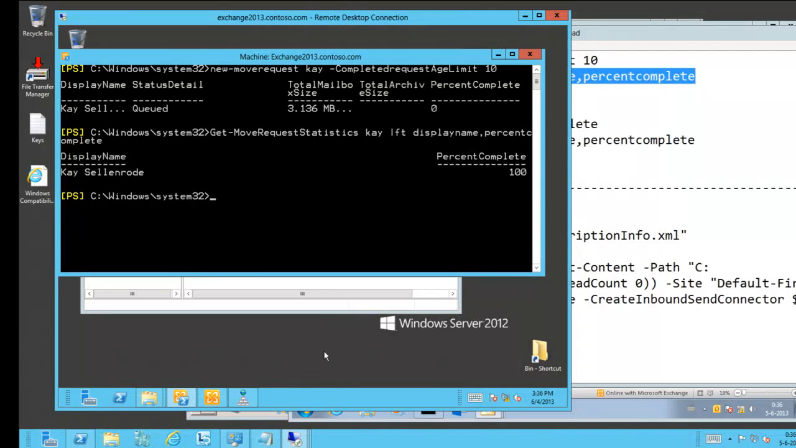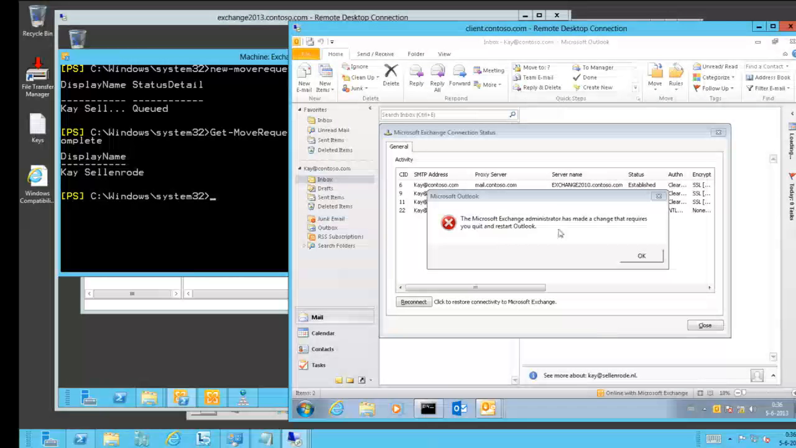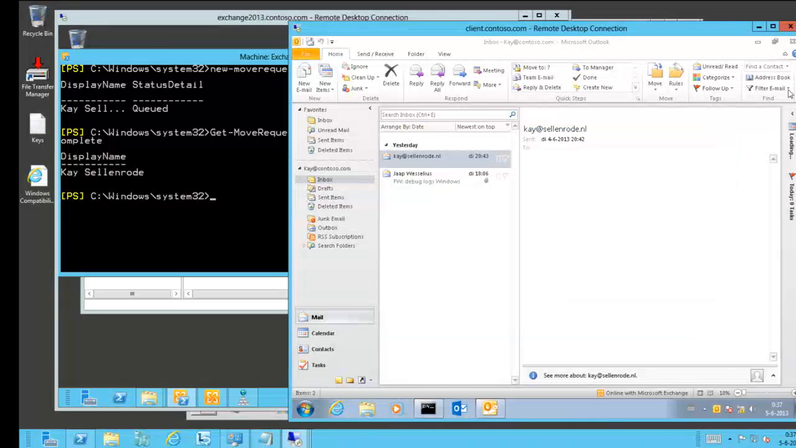And let's see if we go to our client. This is the pop-up you get. So at 95%, we couldn't see it now, but I will show it in a while. You will get this pop-up where it says, okay, Microsoft Exchange administrator made a change, and now you need to close Outlook. So once we close and we connect again,